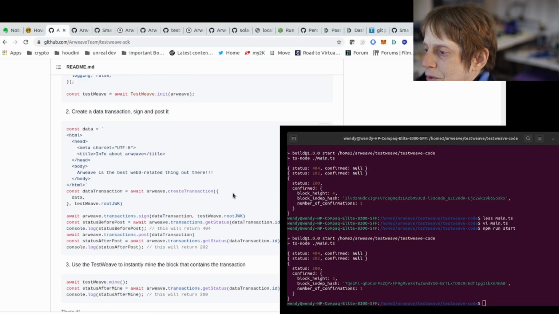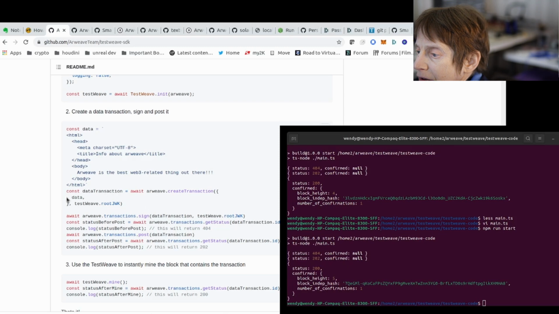Now, this should really be JSON, so I changed it. I called this data 1 and changed data to data 1, because every other example I looked at used a JSON type format. And now this is the root key. So you have